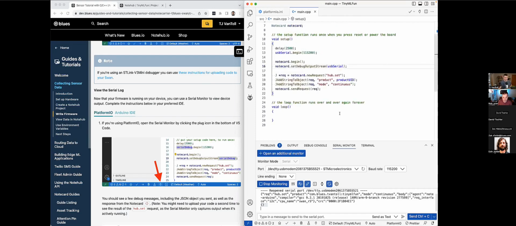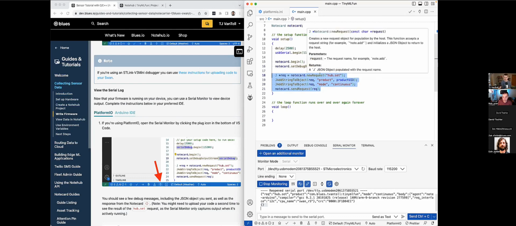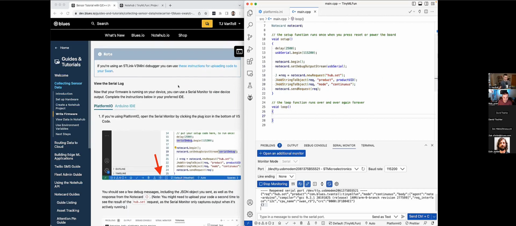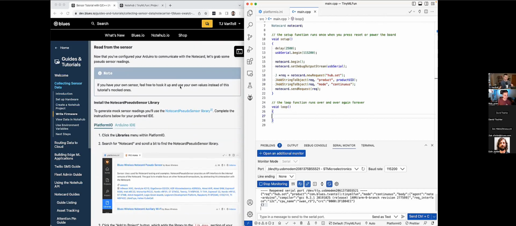All right, so our next step, this is the config of the Notecard. At this point, when the Swan boots up, it's going to configure the Notecard, tell it what project it needs to synchronize data to. But now we need to start actually sending data. So if you scroll down to the tutorial, you'll see the next thing that we are going to install is this library that we call the